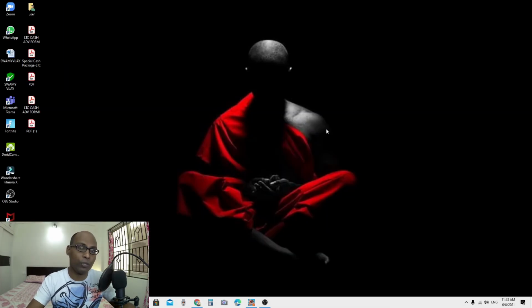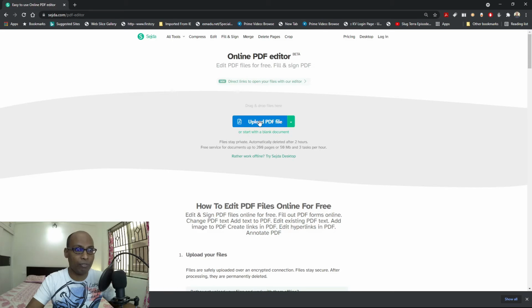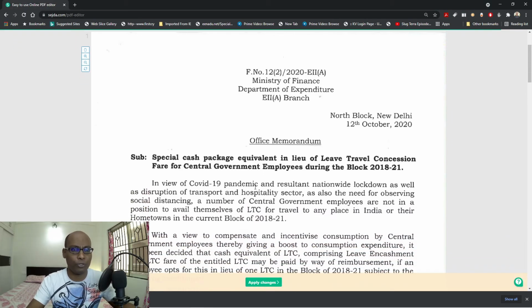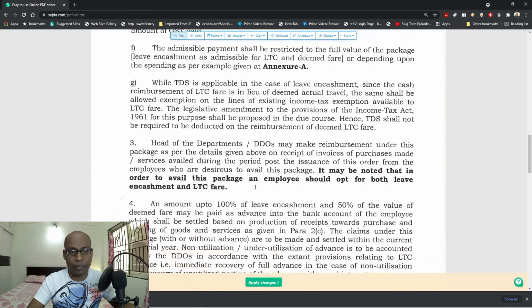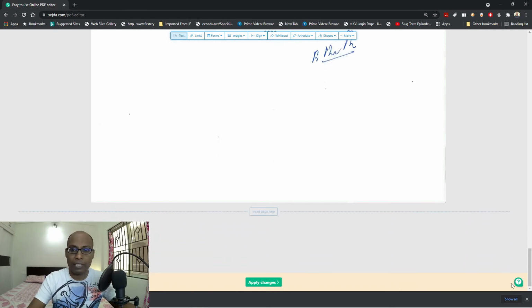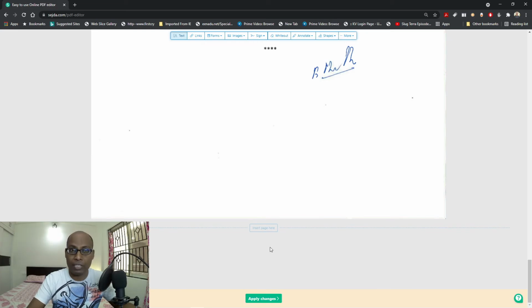So in this way, not only can you write in the PDF editor and sign in the PDF editor, you can even cut the PDF file also. Now there is one more case, like government issued documents, where you have to sign again and recirculate. Even for that case, you can upload the document in sejda.com. Let us go back, upload the file. Say for example, any government document or any document issued by you, and here if you want to write anything, you can write and edit the document and download. Don't forget that you have to apply changes after completion of your data.